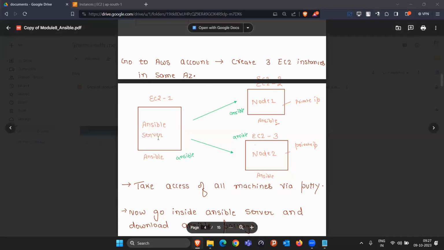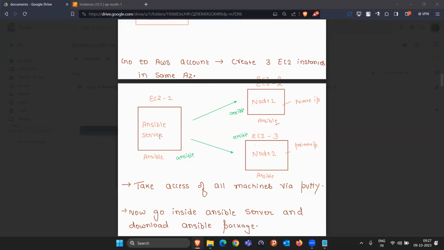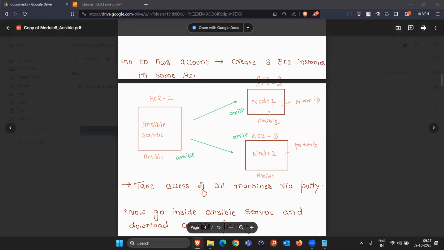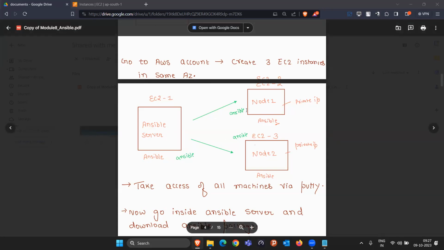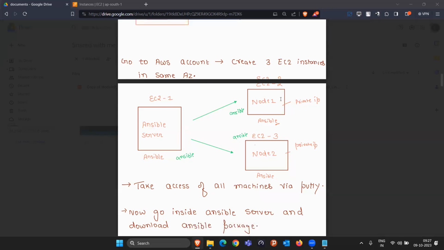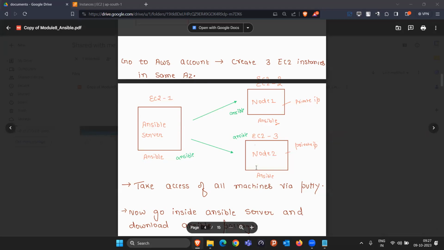I will say to the Ansible master: do one thing, create a user with the name Kisan on both worker node 1 and worker node 2. It's the duty of Ansible to log into these two machines and type the command useradd Kisan, and the user will be created. Like this, it will do. Does that make sense to all of you?